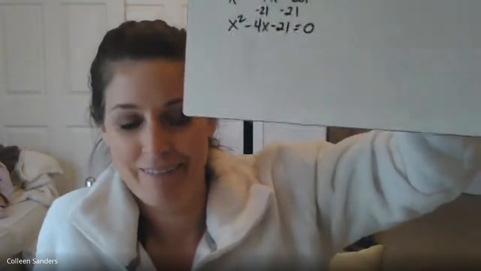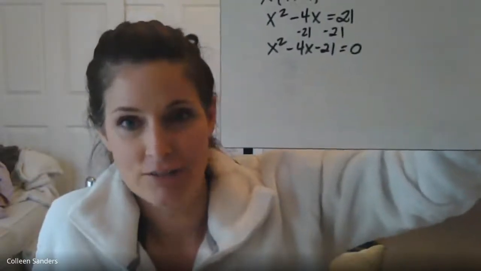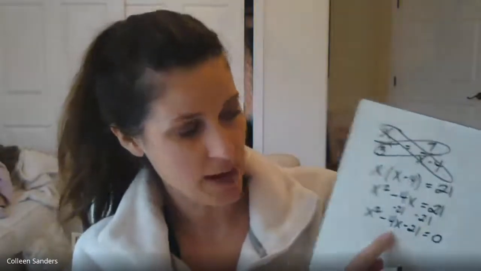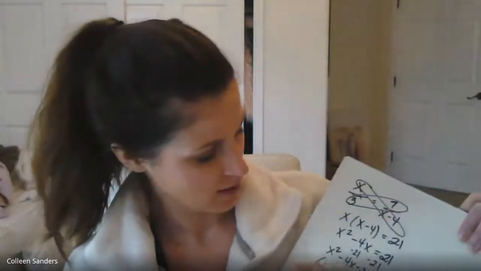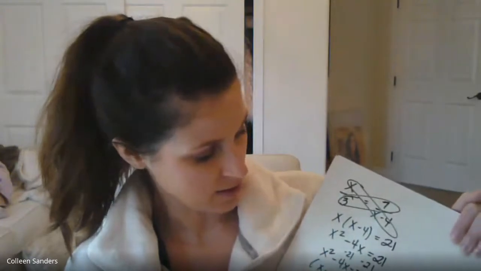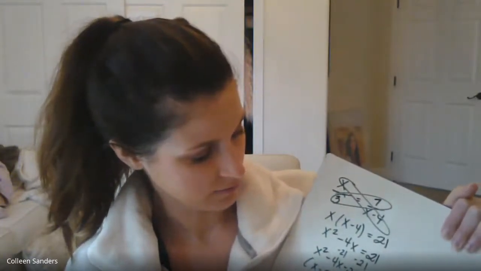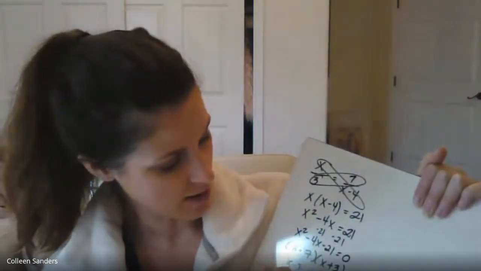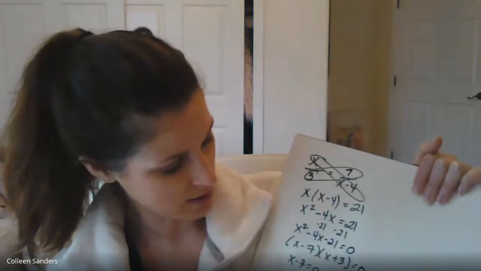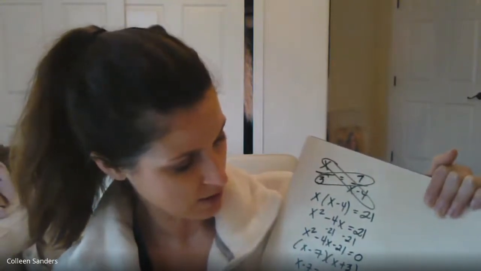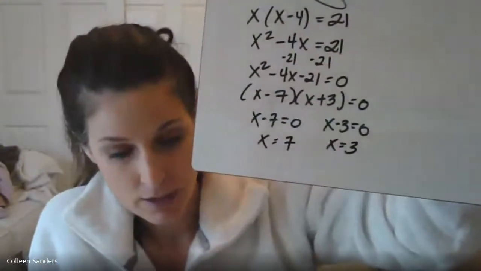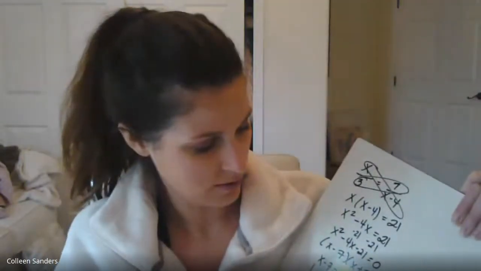It's an old section that never seems to go away. What do? Factor. You got to factor it. Okay. So I need something that multiplies to negative 21, but adds to negative 4. So that'll be minus 7 and a plus 3. And then you're going to solve it. So x minus 7 could equal 0, so x equals 7. x plus 3 equals 0, so x will equal